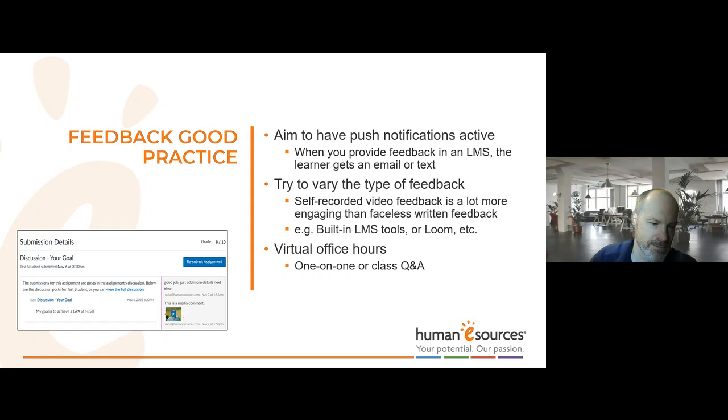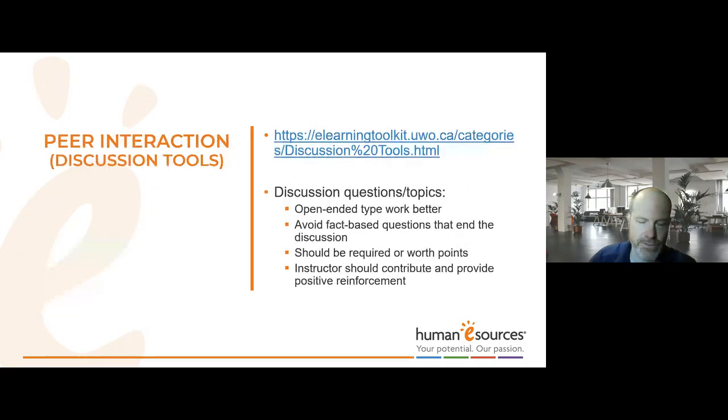So strongly recommend that. As humans, we react to faces. Our brains are wired that way. That's part of my neurobiology education. We have a whole section of our brain dedicated to recognizing faces and responding emotionally to faces. So it has a big impact. So peer interaction, I've discussed this briefly, and this can save instructors a bit of time. Obviously, if peers are interacting with each other, they're going to be more engaged with a course because it's typically centered around course content, and there's that human interaction, like I mentioned, that increases engagement.